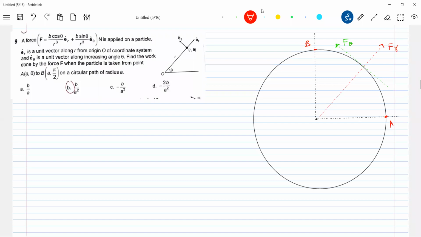So what is the work done by this force when the particle is moved from here? The particle is taken from point A on a circular path. The path is this one. I'm not moving along AB. I'm making it move along this path. I'm writing ds. You must understand, this is a path. Not the xy axis here, just to make clear that it's a quarter circle. We have taken this condition.